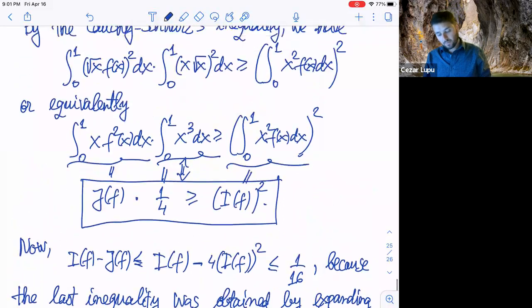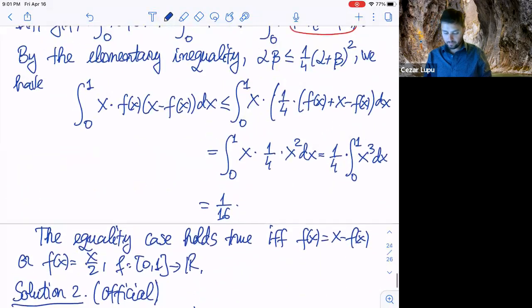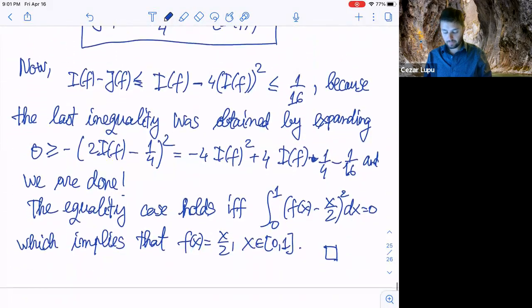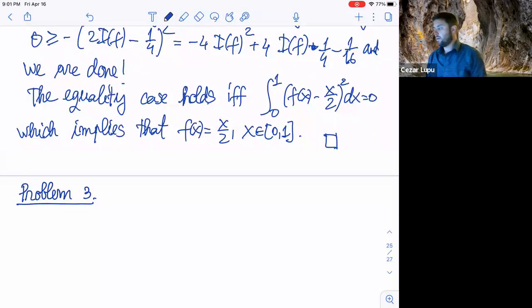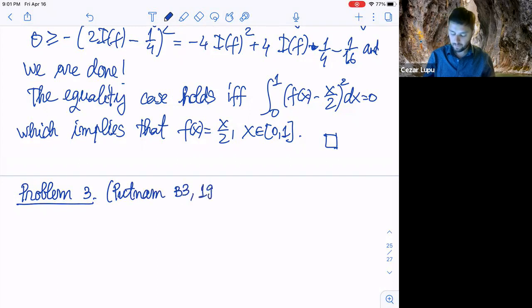All right. Now, let me do another problem. So problem 3, again, it won't be a hard problem, so it will be a similar problem to this one. This is Putnam B3, I think, 1957. Wow, long time ago. And the problem says the following: let f defined on 0, 1,